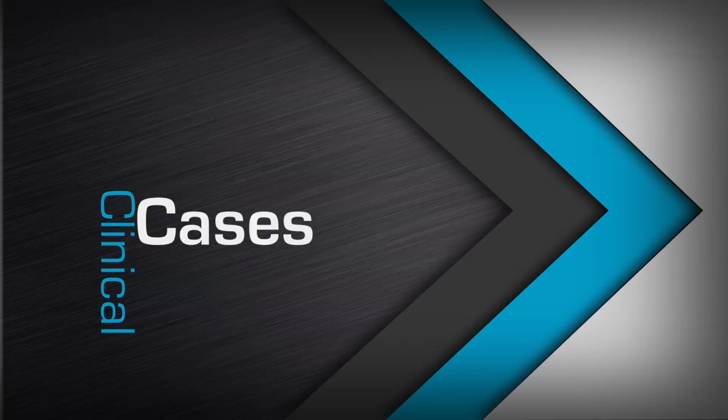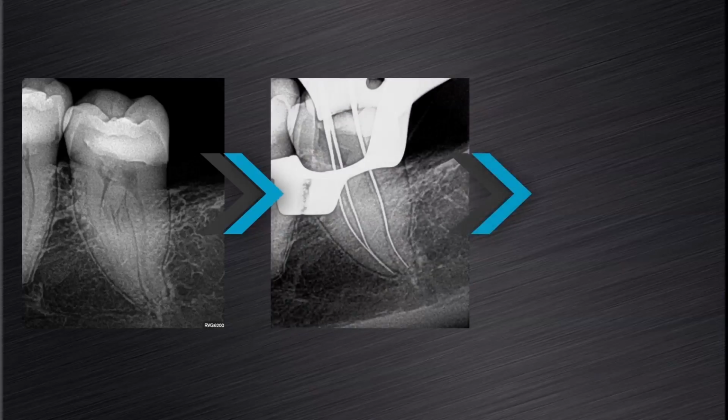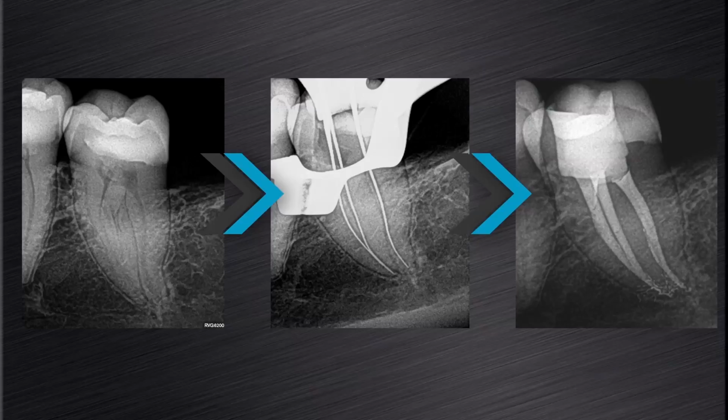I'll show you a few clinical cases that were done using the ProGlider and ProTaper Next combination protocol, and also focus your attention on the maintenance of the original root canal anatomy in these examples. In this case, a lower mandibular second molar that required root canal treatment, you can clearly see on the length determination radiograph that we have an S-shaped type of anatomy in the distal root. After preparation and obturation, it was evident that this anatomy was maintained after canal preparation with ProGlider and the ProTaper